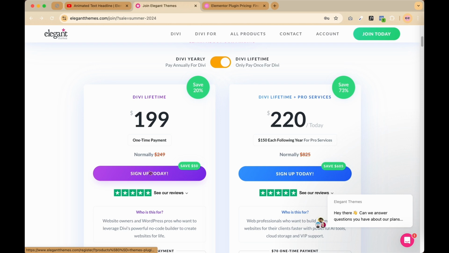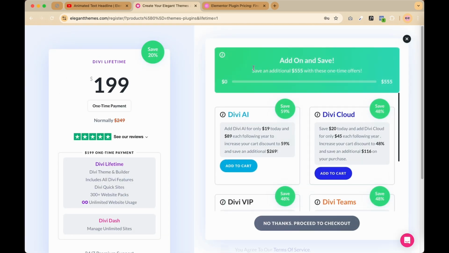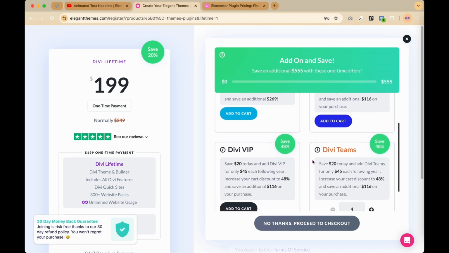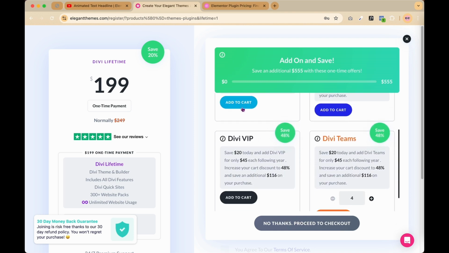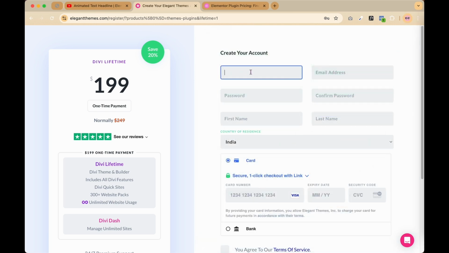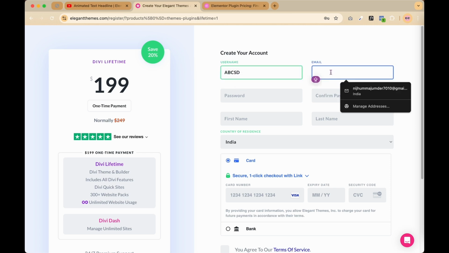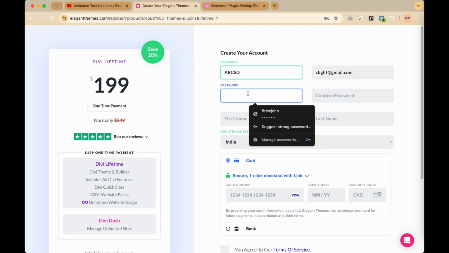Okay, just click on sign up today and again the pop-up box came. If you want to purchase the Divi AI and every Divi support, then you can put it to the cart. If you don't need it, just click on the close button. You can create your account and just put your username. I'm putting ABCD now, and you can click anything just like this at the rate. Just give your email ID and you can create one password